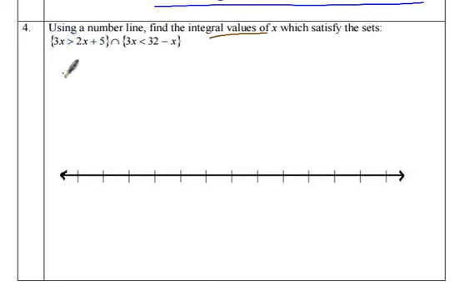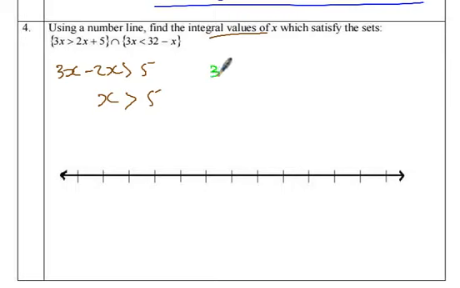When we take this to this side, we have 3x minus 2x is greater than 5, so x is greater than 5. That is the part, the other side. Then let us also work out this side, bring this x to this side. 4x,